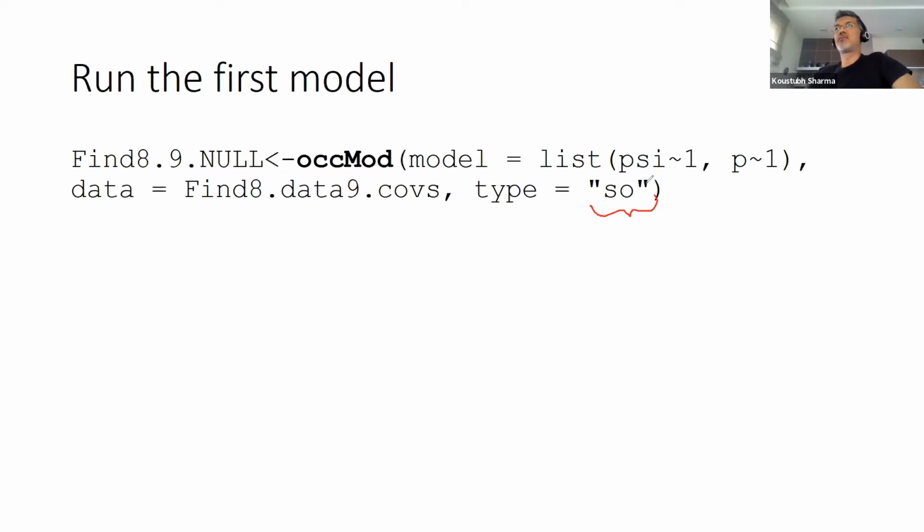The SO here stands for single occupancy. There are at least 8 different types of occupancy models you can run. Instead of SO, you can go to the notation. I don't remember any of them right now, but it could be, I think,